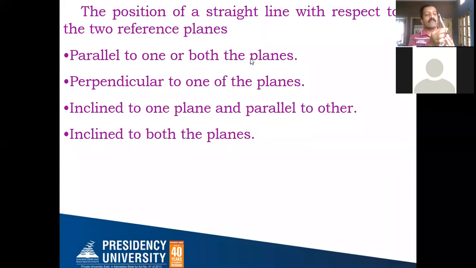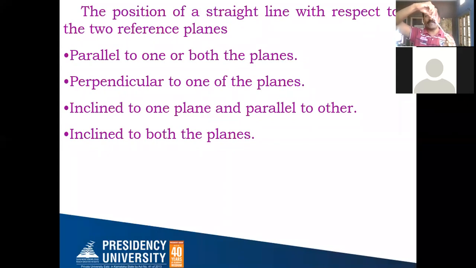Here, any one end of your line has to be fixed, that we cannot disturb. The other end can be rotated for my convenience. How do we do this to get the true length? So let me fix the lower end of the line, and the upper end I'll be rotating it. See, it is like this.